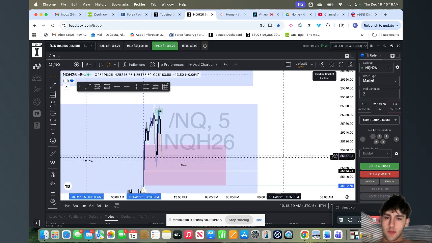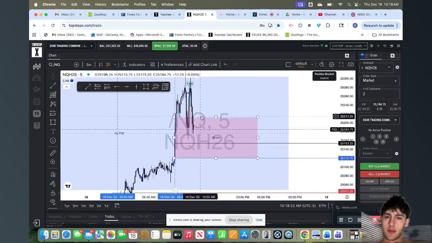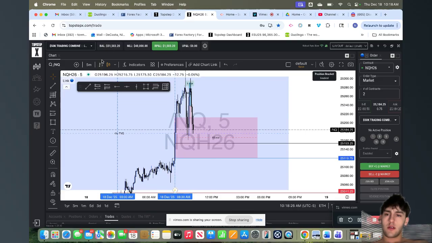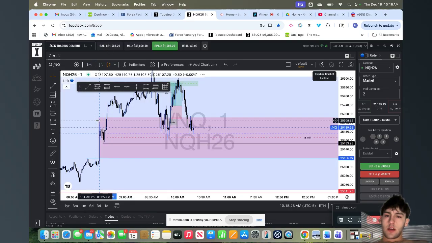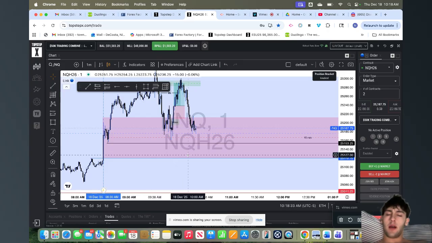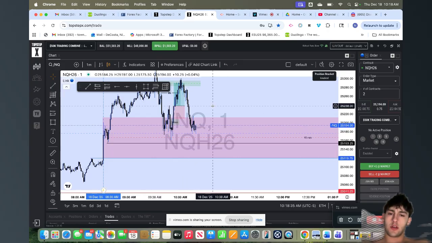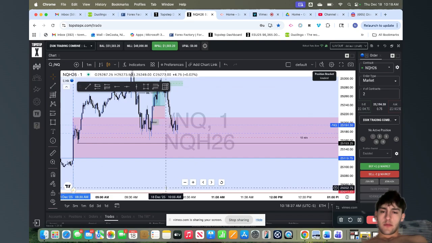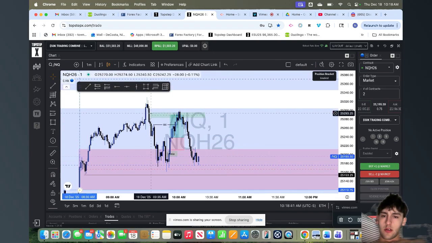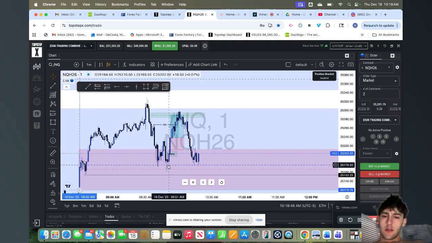Okay, so we have this 15-minute imbalance, like I said. I had that marked out. I knew we were going to trade into that. If we were going to inverse it, then that would have been my confirmation. We're definitely going to go short. But we didn't inverse it. We have this 1 hour fair value gap resting above. And when we tap into this 15-minute, we inverse a 1 minute out of that.